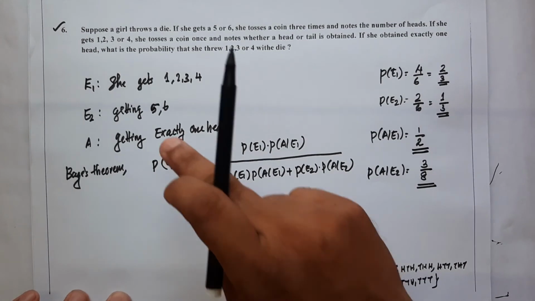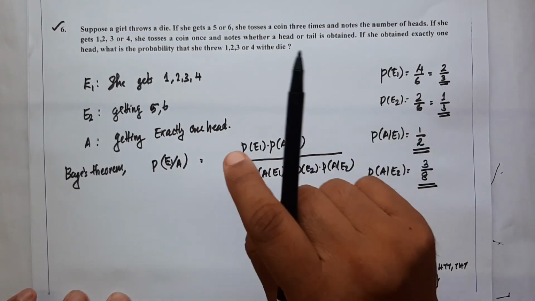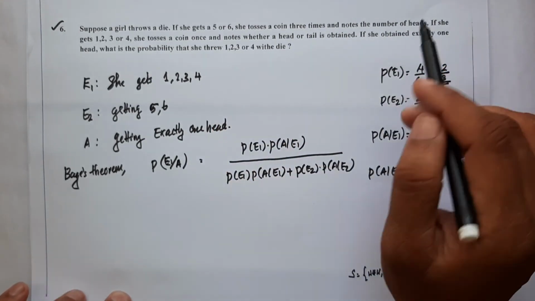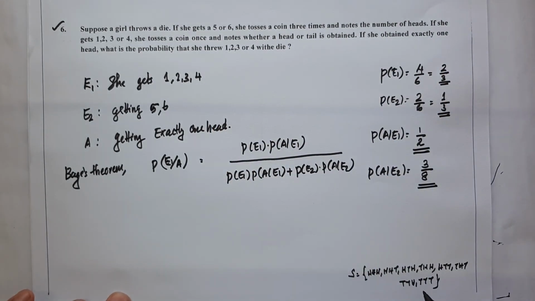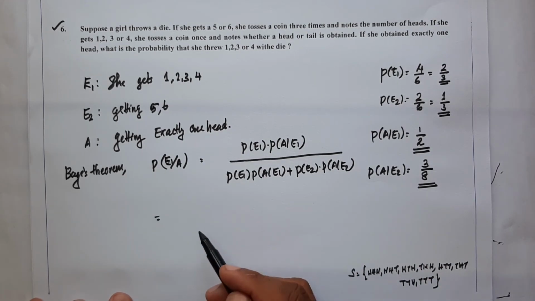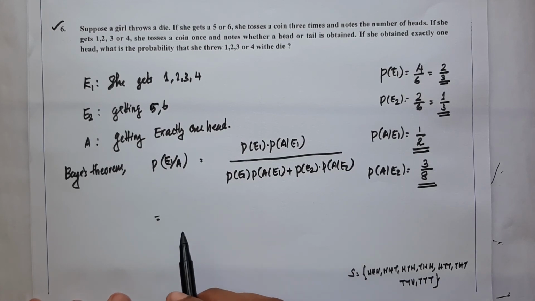E2 means she throws the die and gets 5 or 6. At that time she tosses a coin 3 times. Exactly one head, the 3 elements divided by total, that is the answer. P of A given E2 is equal to 3 divided by 8. Okay. Now we substitute the values into the given definition, and therefore the answer is,